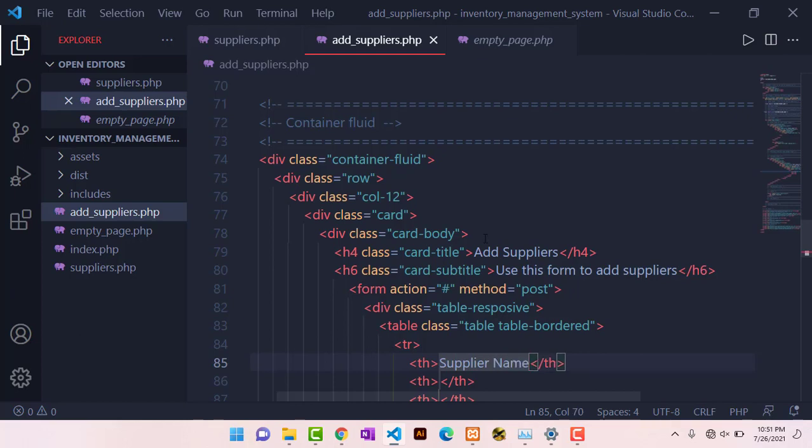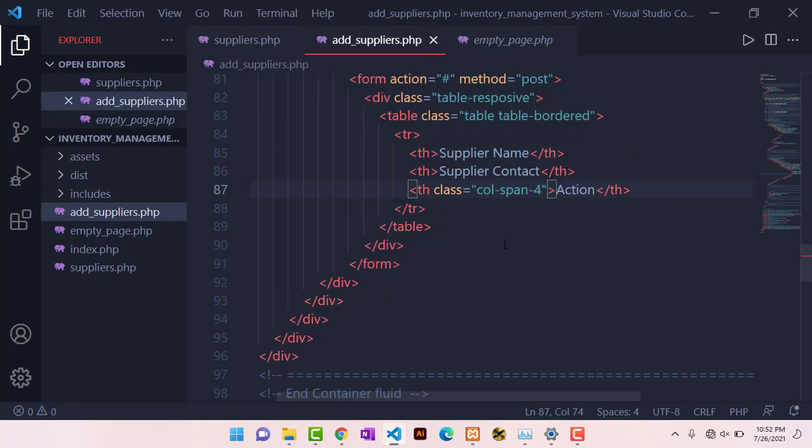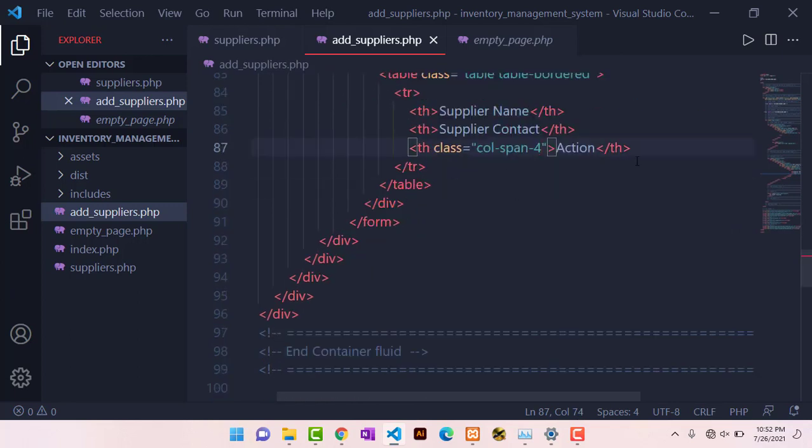This will be followed by the supplier contact, and finally here we are going to have the action. We can give this a class of call span 4, just to make it bigger to accommodate more buttons if we need to. Now down here we're also going to have